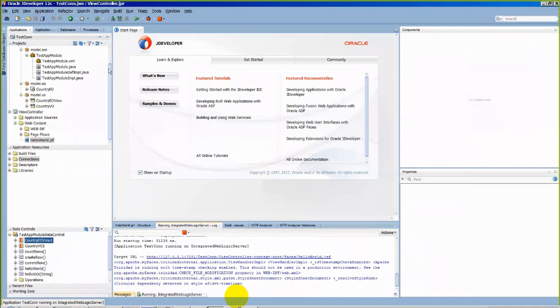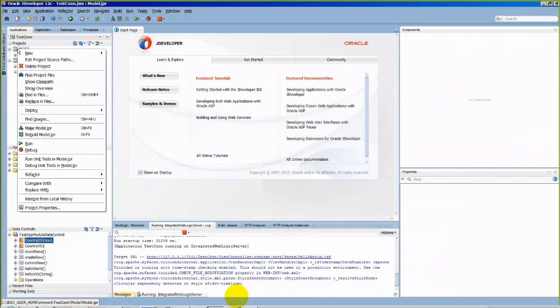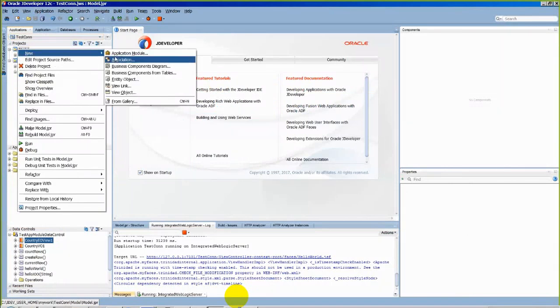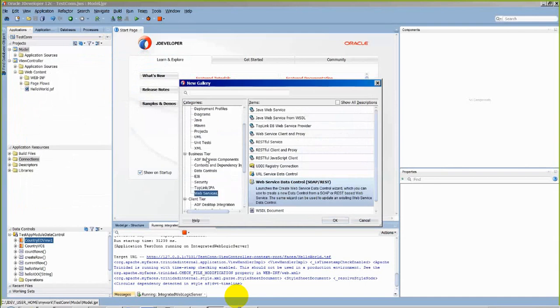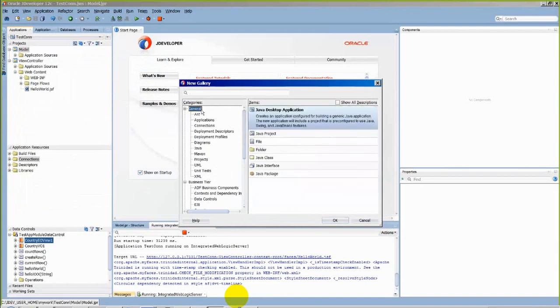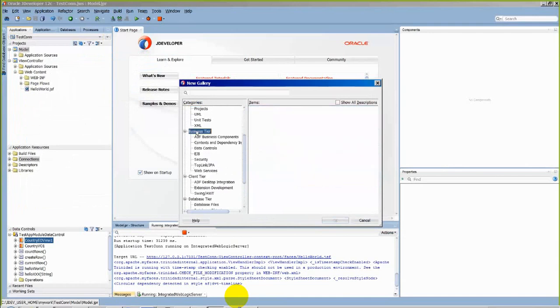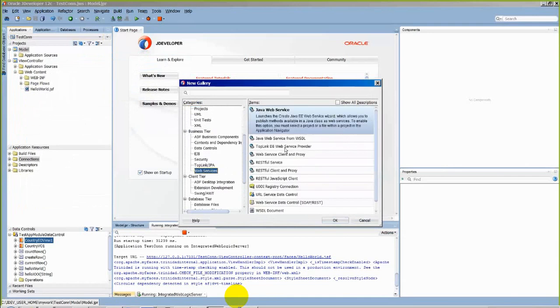same JDeveloper. Okay, so for that, what we need to do, simple thing, is go to the model, our project, go to new, and then go to from gallery. Here we have many tiers: general, business tier, client tier, many things. In this business tier we have web services. In this web services, what is our purpose? Our purpose is to